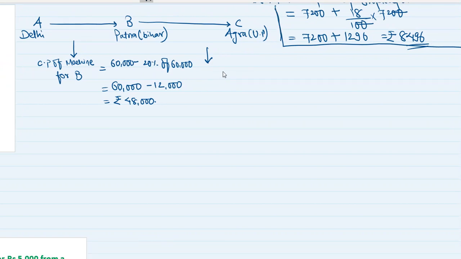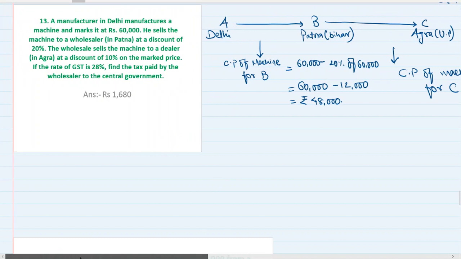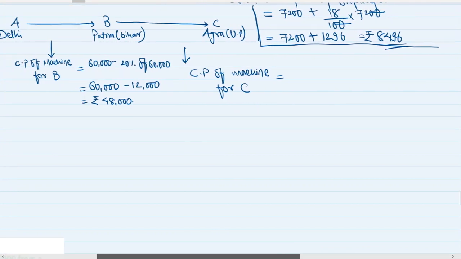So I will write cost price of machine for C. Who is C? C is the dealer in Agra. Dealer in Agra, correct. So cost price of machine for C, who is a dealer in Agra, is 10% less